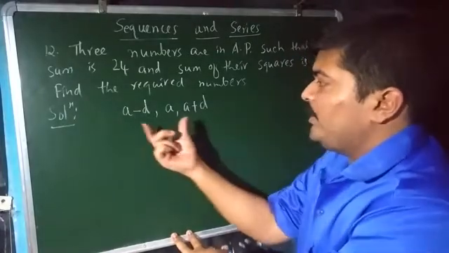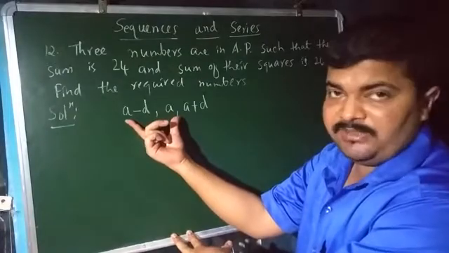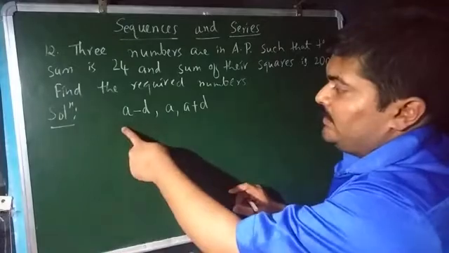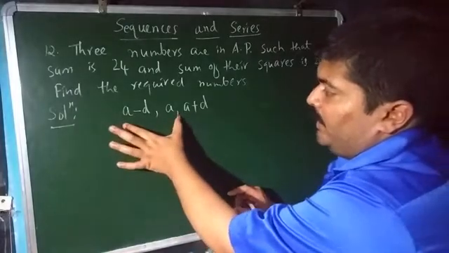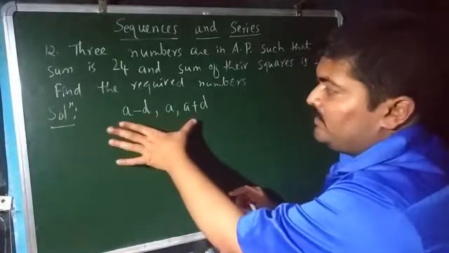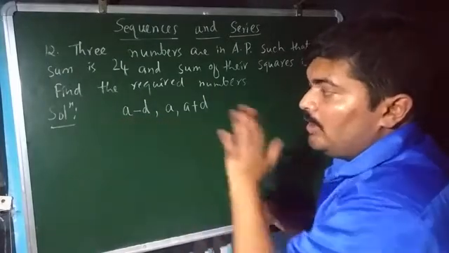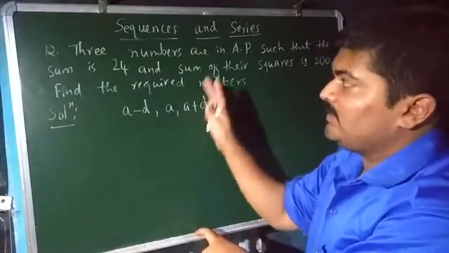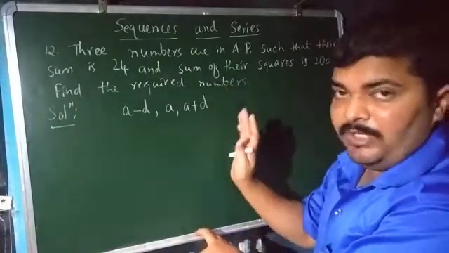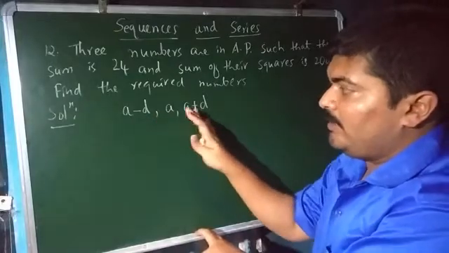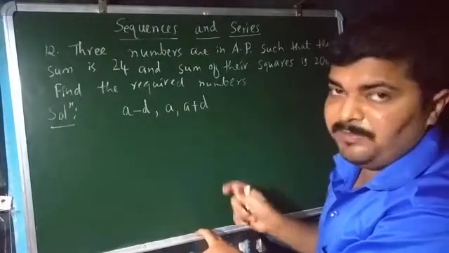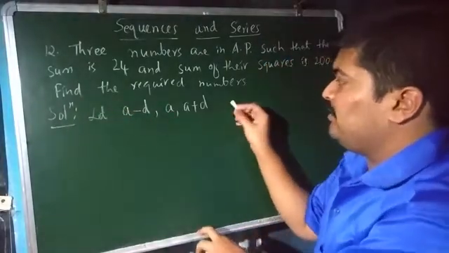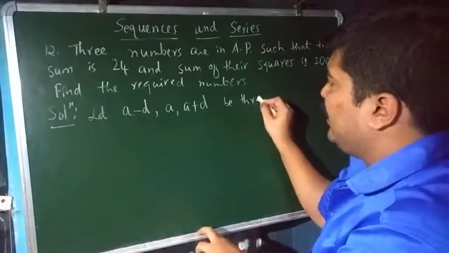d. Now what is the common difference between these two terms? That is equal to d. What is the common difference between these two terms? That is also equal to d, isn't it? Since the common difference between any pair of consecutive numbers in this sequence is the constant d, we will get this sequence as the required AP. I hope all of you can understand why I have taken this. For the sake of simplicity, let us take a minus d, a, a plus d as the three numbers.